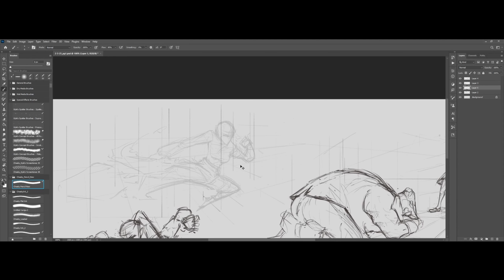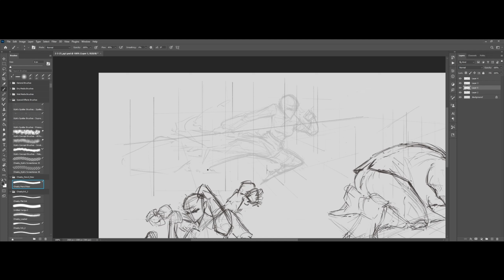So for that, I still have to make the perspective grid a little more dynamic. So I said, okay, my vertical lines are going to remain vertical, but my horizontal lines are going to change. And I'm going to use a 2-point perspective in this case,